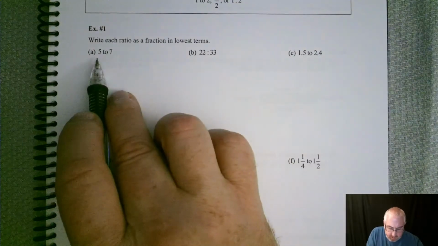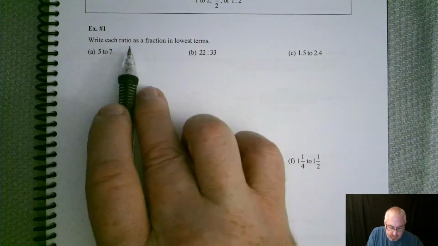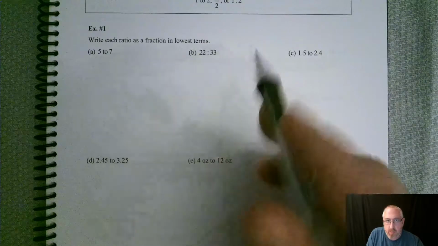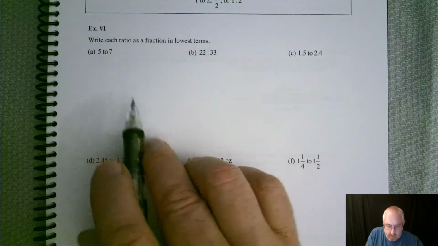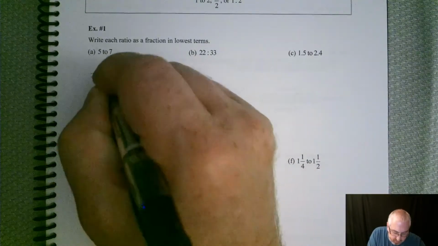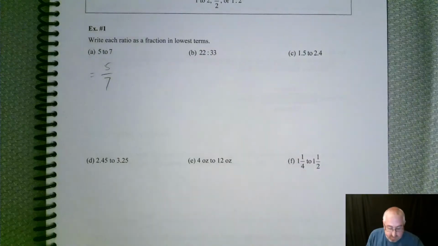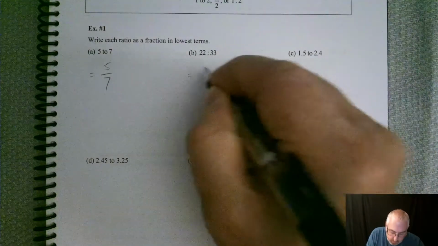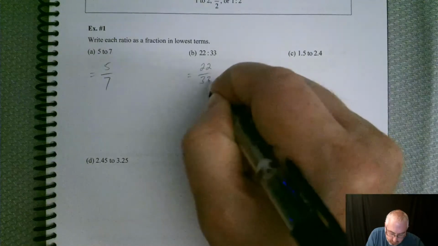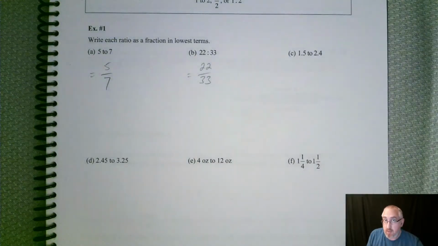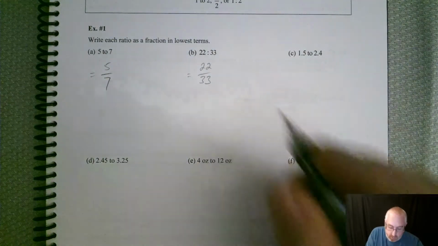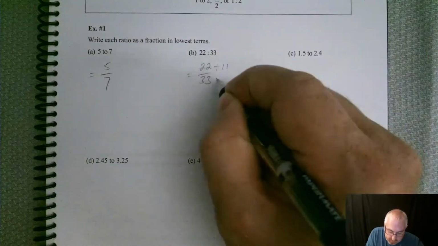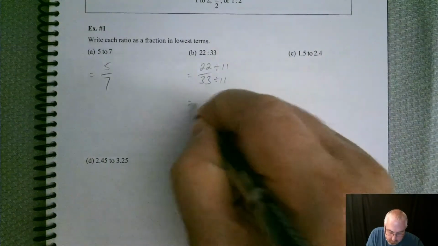If we have something like this and it says write the ratio as a fraction in lowest terms, okay, we know what lowest terms looks like. So we can write this one simply as 5 to 7. And can we reduce it? Nope. So we're done. Now something like this one, we can write it as 22 over 33, but now is this one lowest terms? And hopefully you're saying no, because 11 goes into both of those, so that reduces it